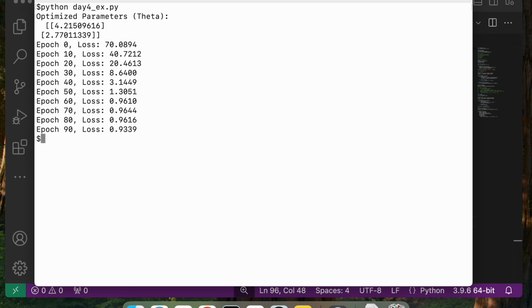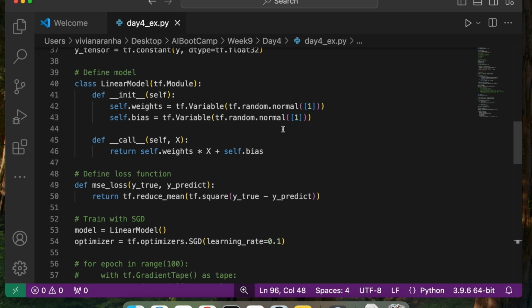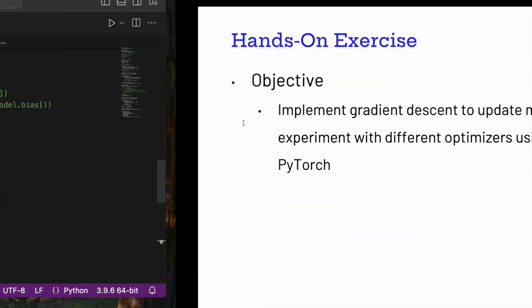So that's perfect. So we kind of saw how we can experiment with optimizers like SGD and Adam to understand their impact on the training. Using TensorFlow and PyTorch was a benefit of how you can do all these things pretty quickly and easily with these frameworks that are available. So I hope you are able to follow along. If you have any issues or questions, do let me know.